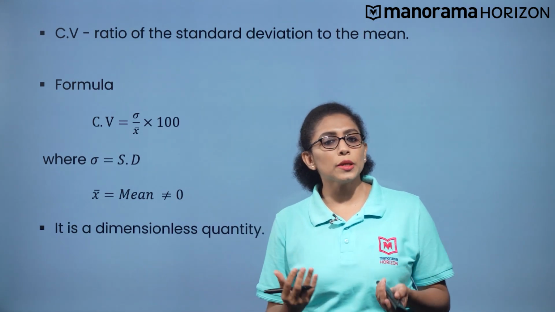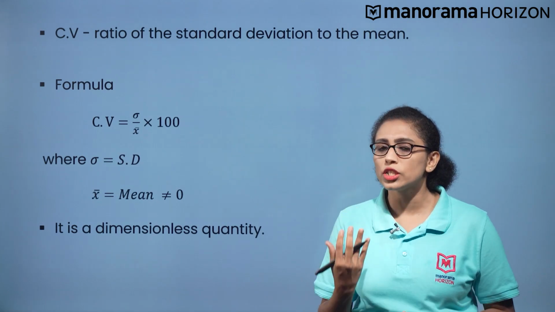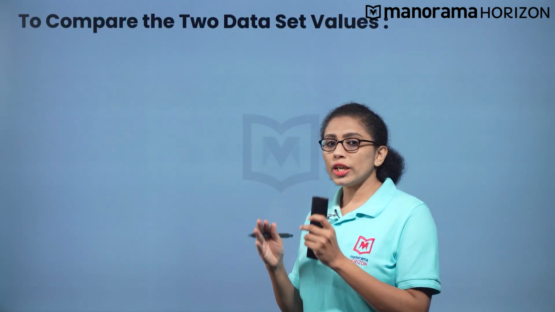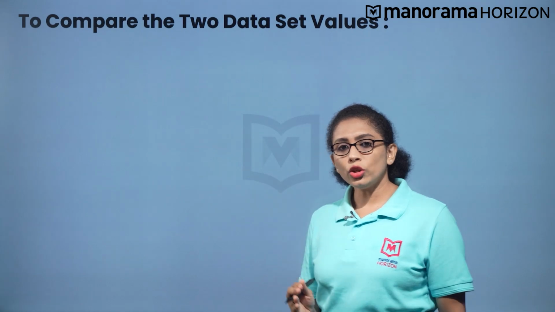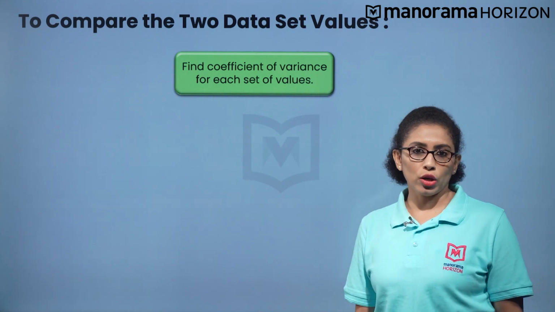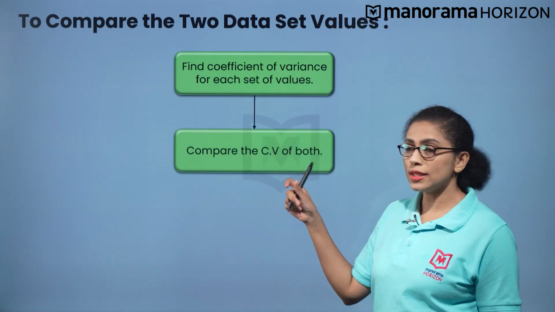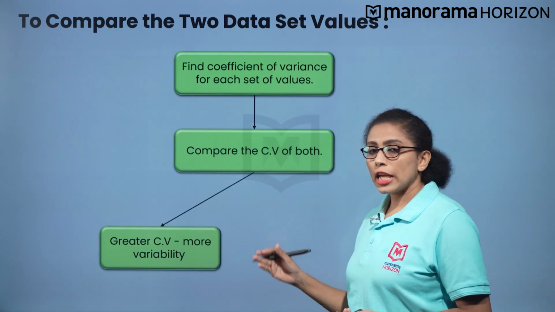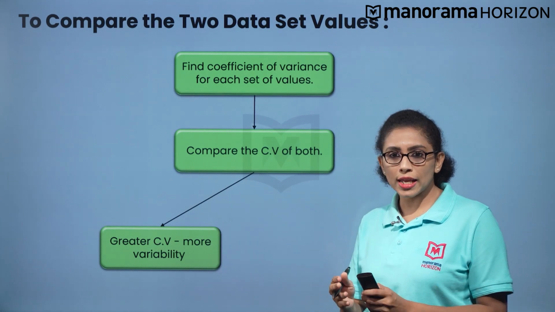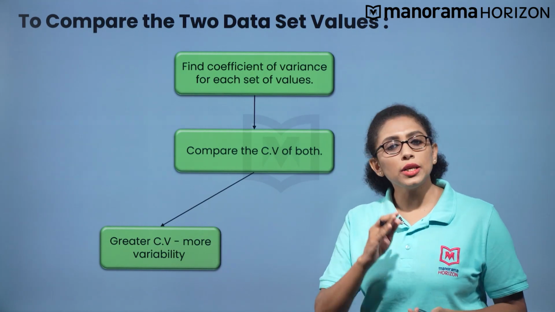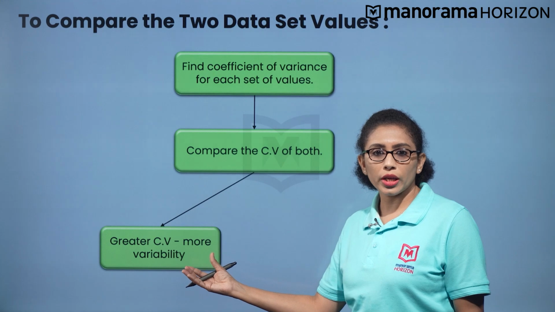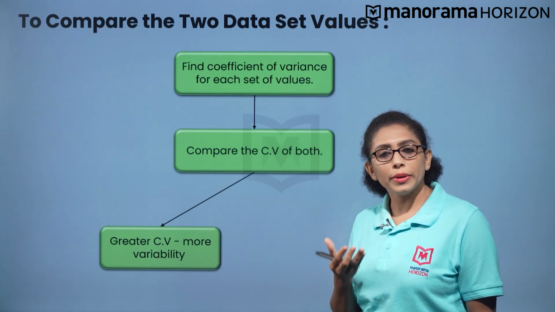Now you may think, what is the purpose of this equation, or how can we use this equation for comparing two dataset values? In order to compare the two dataset values, we need to first find the coefficient of variation for each set of values. Then we have to compare the CV of both. Now suppose the second series has a greater CV than the first series, then we can say the second series is more variable than the first. In general, we can say the series which has greater CV is said to have more variability than the